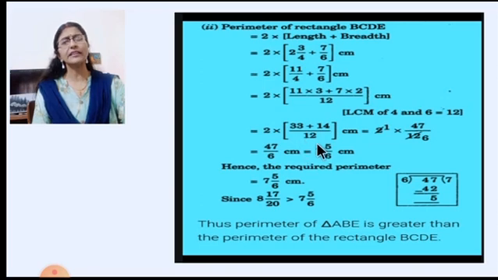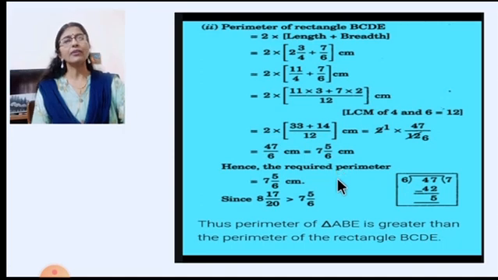Now we will work out this bracket part. So is equal to, again here, 2 multiplied by, now here when you add them you will get 47 upon 12. Now see, these two are reduced. 2 and 12, when you reduce you will get here 1, here 6. So you will get 47 upon 6. And by dividing 47 by 6, you will get 7 as the whole number, and this will be the numerator 5, and this will be the denominator of the fraction 7 5 upon 6.